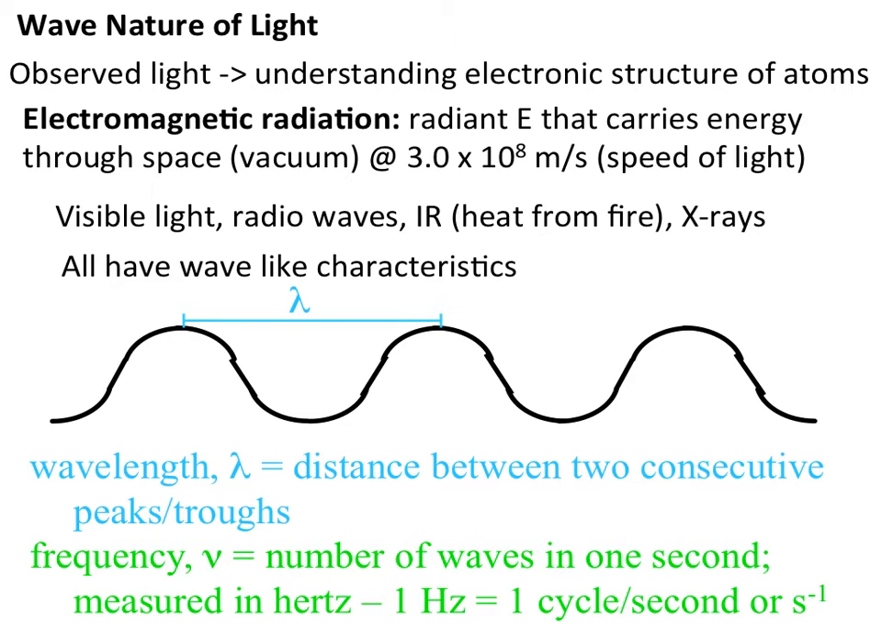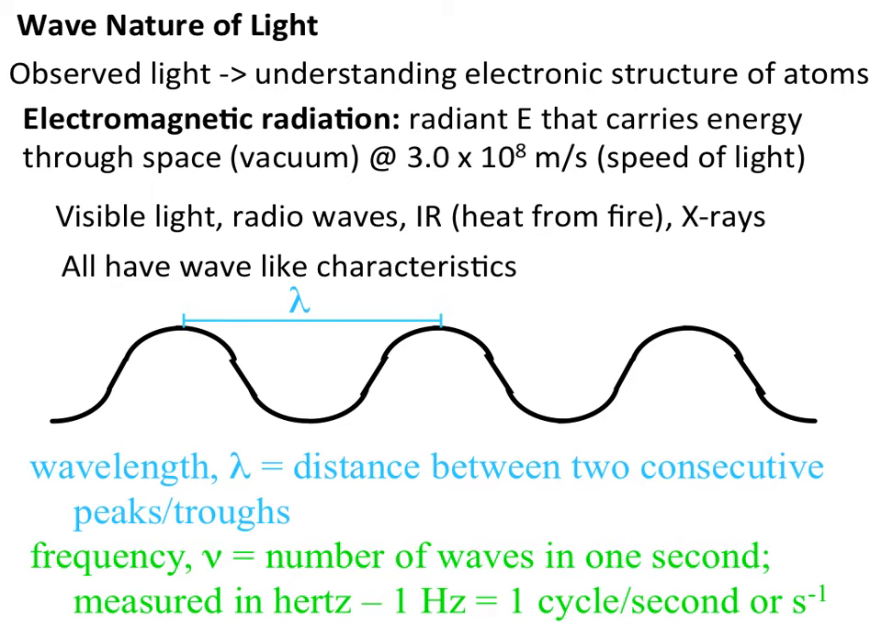Although we can observe those now with powerful instrumentation, our understanding of the behavior of atoms and its electronic structure has come from the observation of light. Now, observed light or visible light is a type of electromagnetic radiation. And electromagnetic radiation is basically a radiant energy that carries this energy through space or through a vacuum at a specific speed. And this specific speed is known as the speed of light, or 3.0 times 10 to the 8